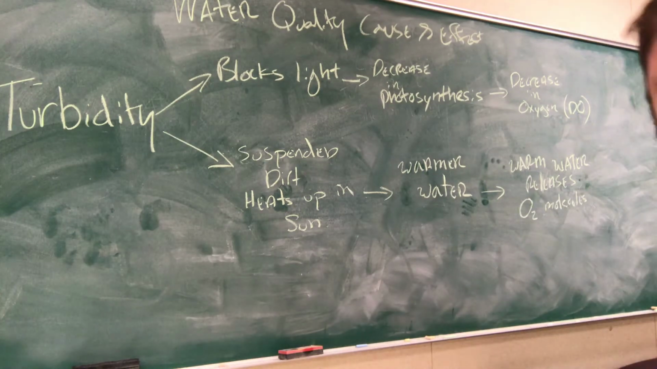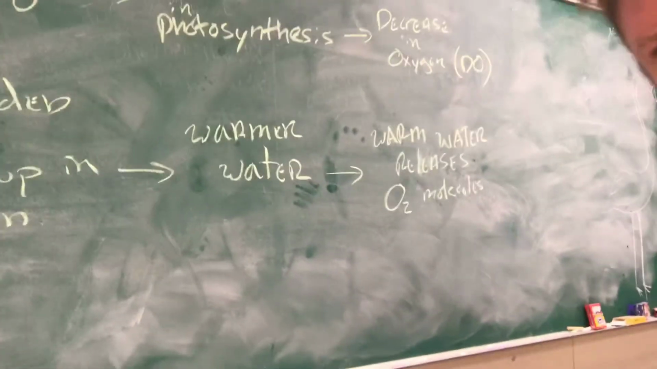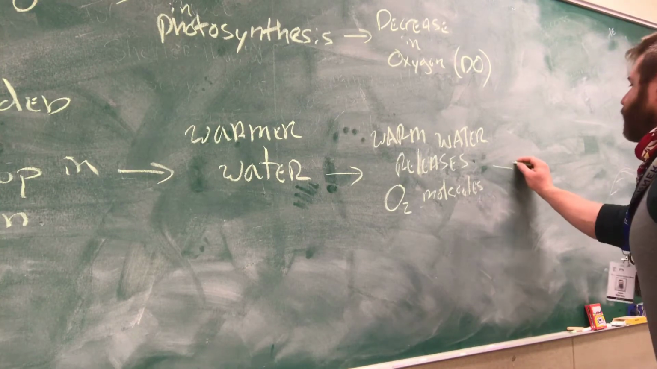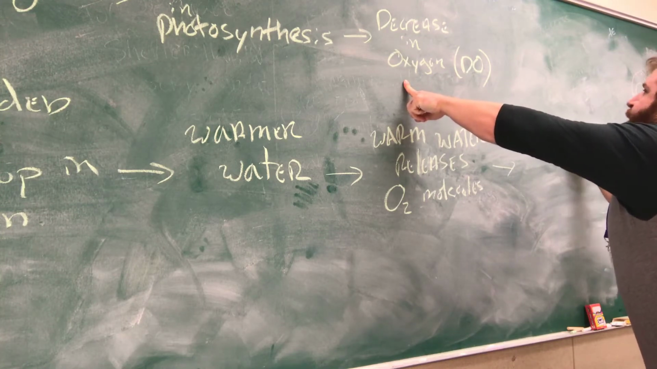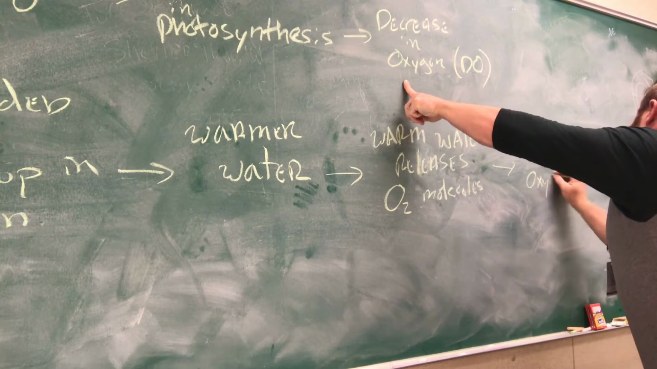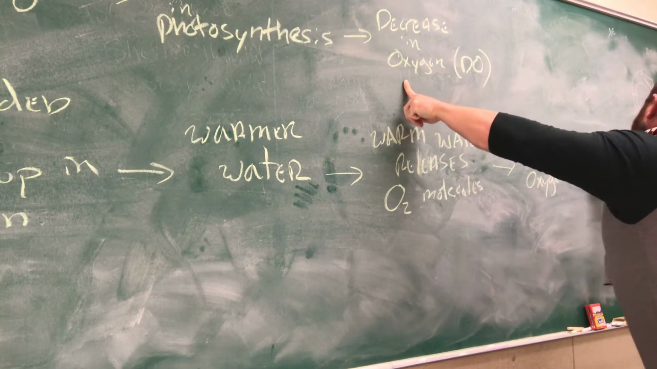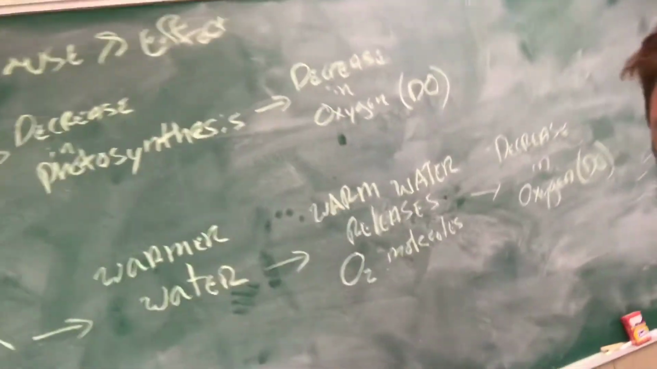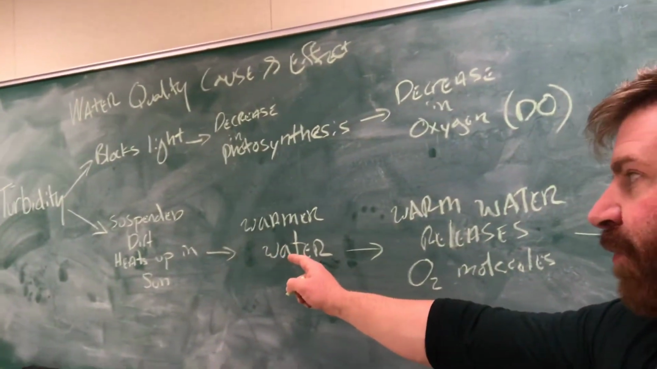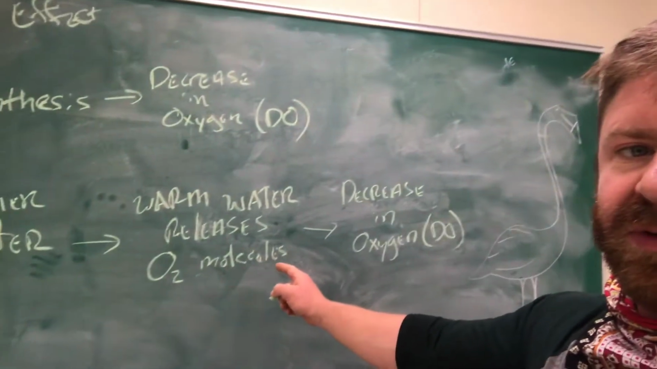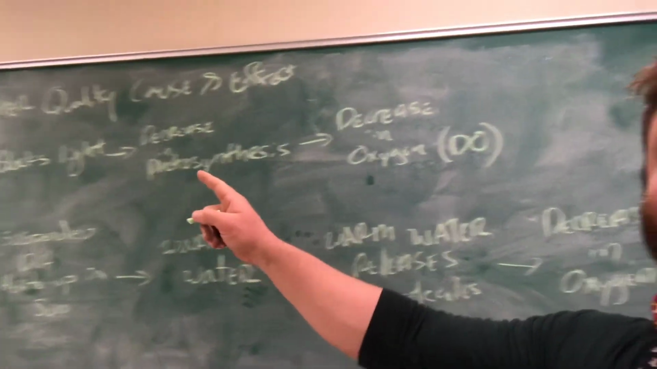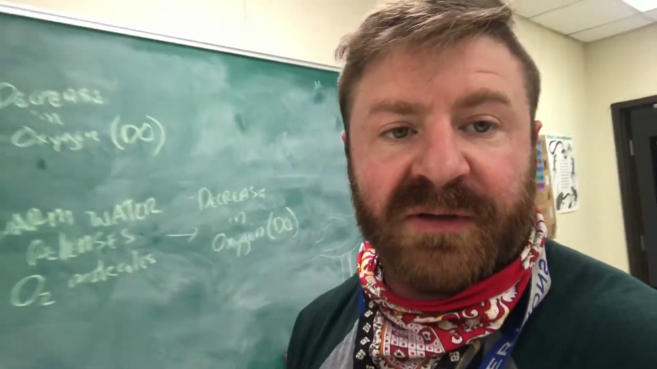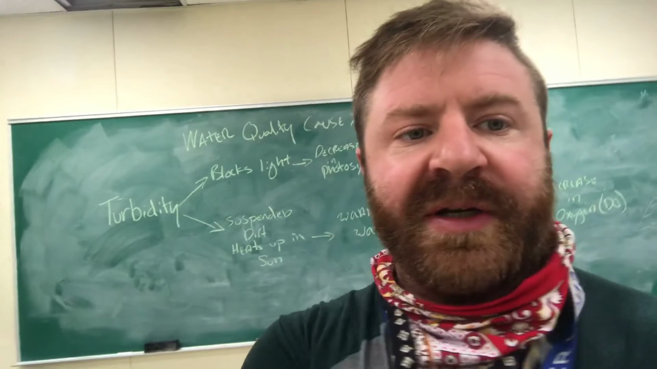So what happens is the warm water releases those O2 molecules, and now we get the same thing here, a decrease in oxygen. So specifically dissolved oxygen. So here's how we get it. Stuff in the water warms up, then the water warms up, then the molecules won't hold oxygen anymore. Then we get a decrease in dissolved oxygen. And at the same time, this upper effect is also happening. So the greater result is a complete or very severe loss of dissolved oxygen if you have chronic turbidity. Okay, now let's get into